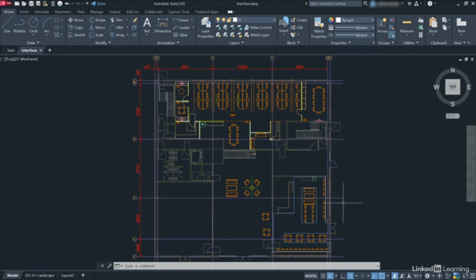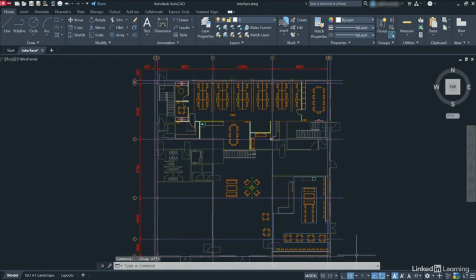It's down here. So you can see all these different icons. Some are highlighted blue, some are highlighted grey. Anything that's highlighted blue is on, anything that is grey is off. It's really easy to understand in that regard. So you'll notice down here that things like my snap mode are on. Doesn't need to be on for this drawing, so I simply click on it and that turns it off and